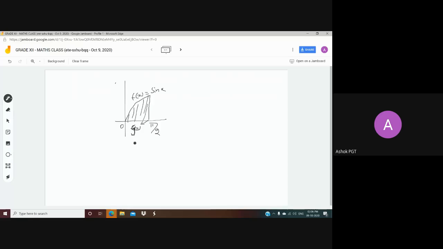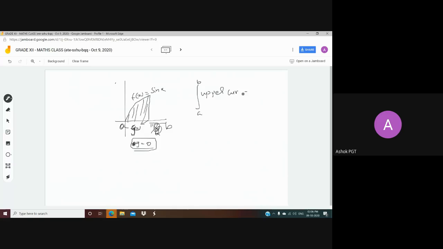Let us say g of x, g of x can be kept as y also, which is equal to 0. The equation is y is equal to 0. So the calculation method is, let us say this is A, this is B in general. So A to B, upper